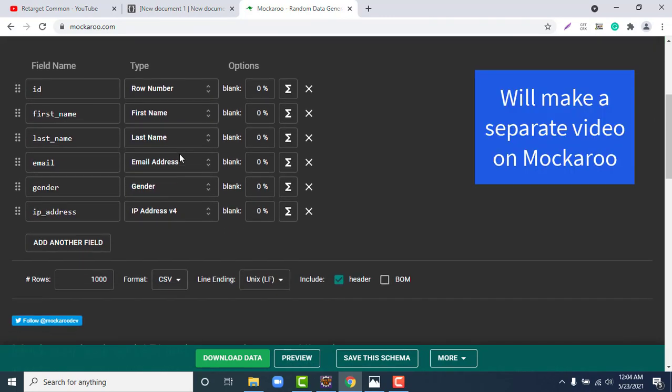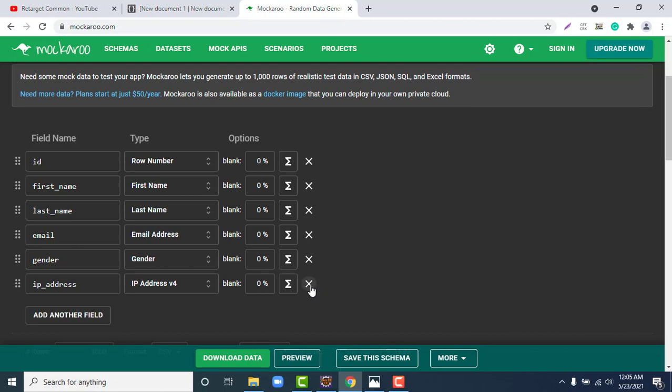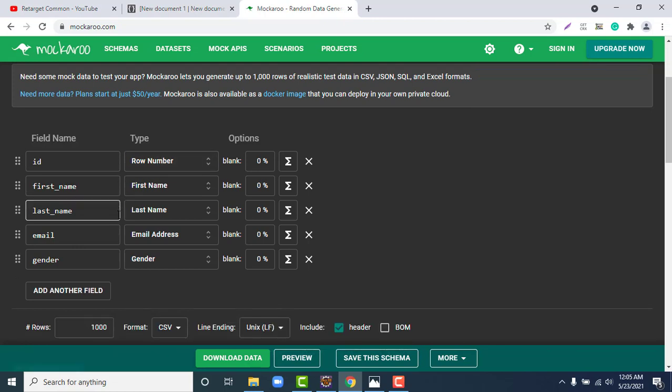Okay, so here it's very simple to use actually. So I'll give you a little demo and you can explore more about it. Suppose you see the field names here, right? Field name, first name, last name, email, gender, whatever we have. So let me remove some and put only 5. The advantage of using this is that you can have some real-time data here. Instead of putting A, B, C, D, which we generally use as random alphabets or numeric digits, we can have something better.